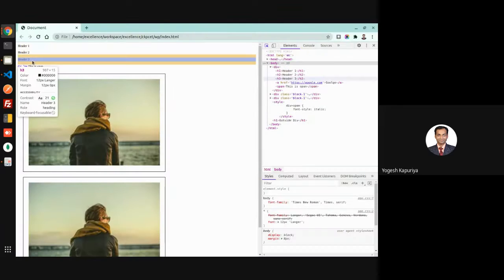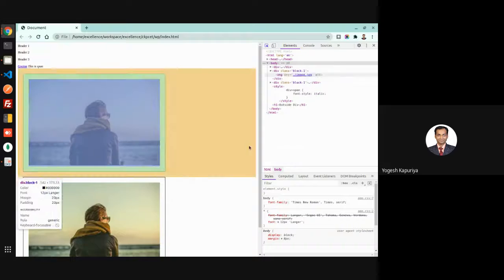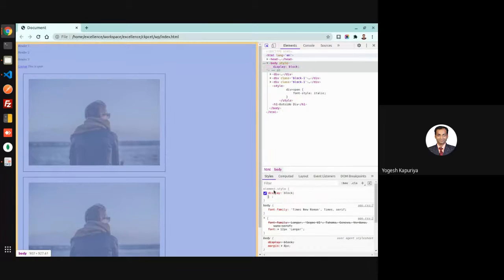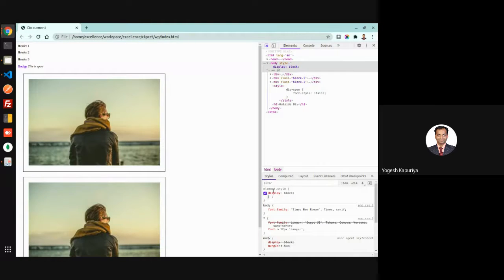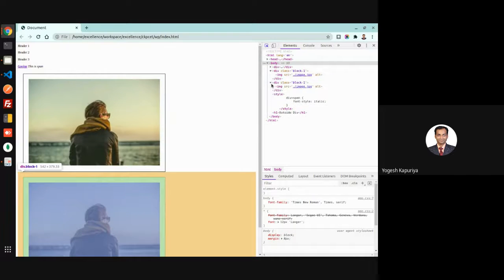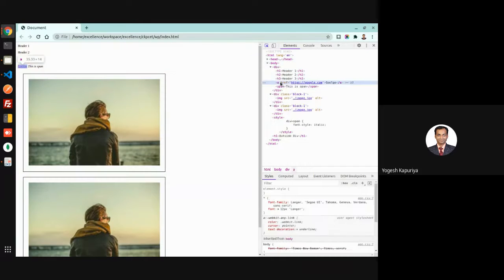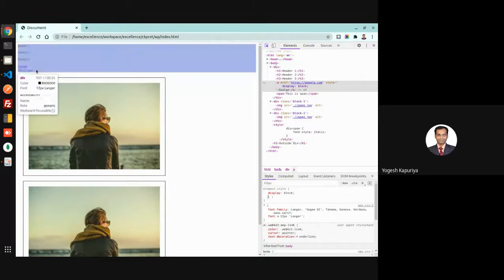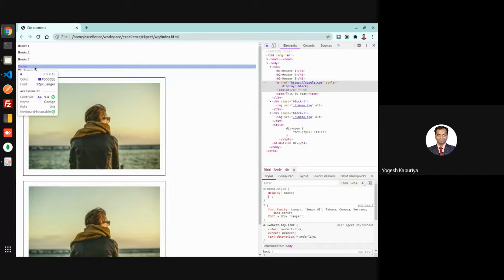So what is the default property of A? Display is inline. Now if I change the property of this A tag to block, you see the entire width is occupied. So the display property decides how the element will occupy the width or the content area.